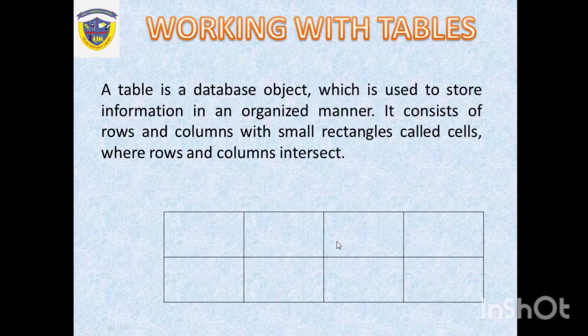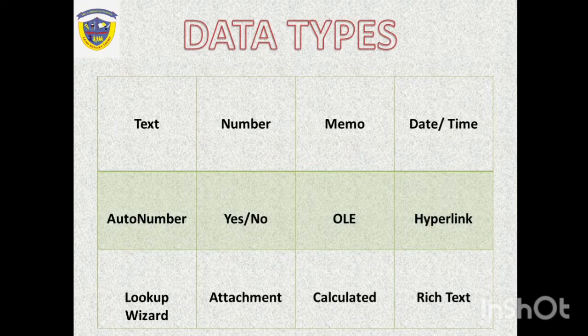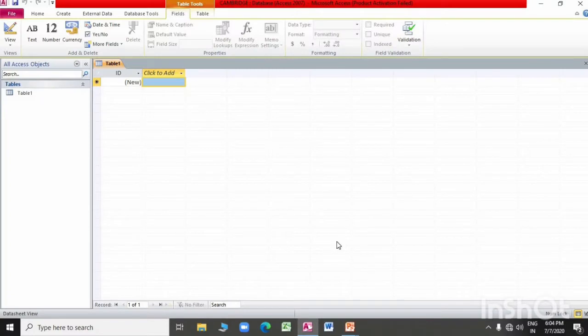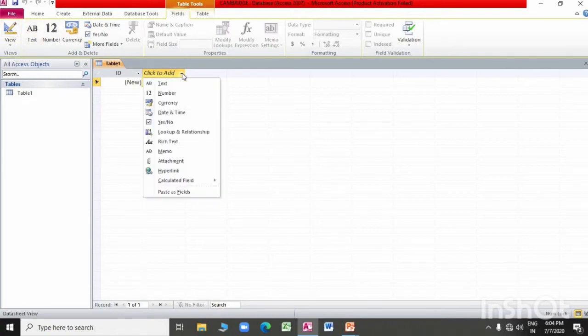Now we will continue with the data types of Microsoft Access. Which data types are used in Microsoft Access? Now move to this table. Here you can check the data types available. The first is text, like the field name we have given.